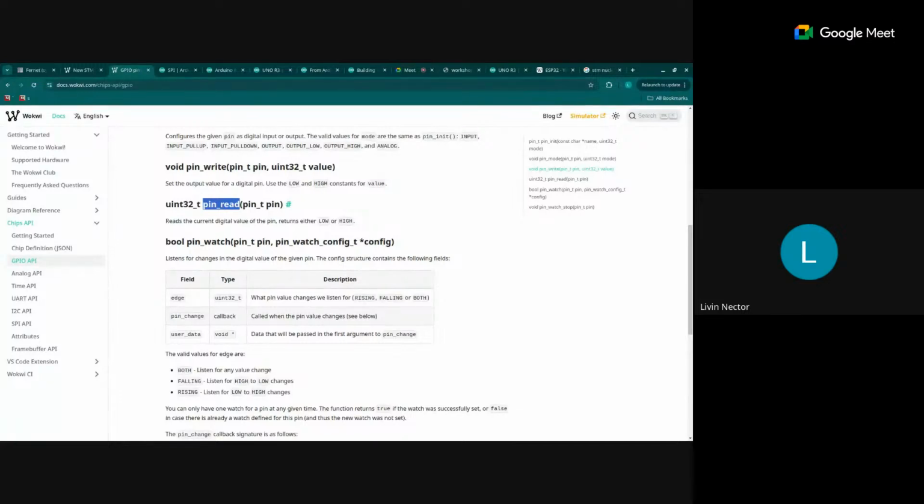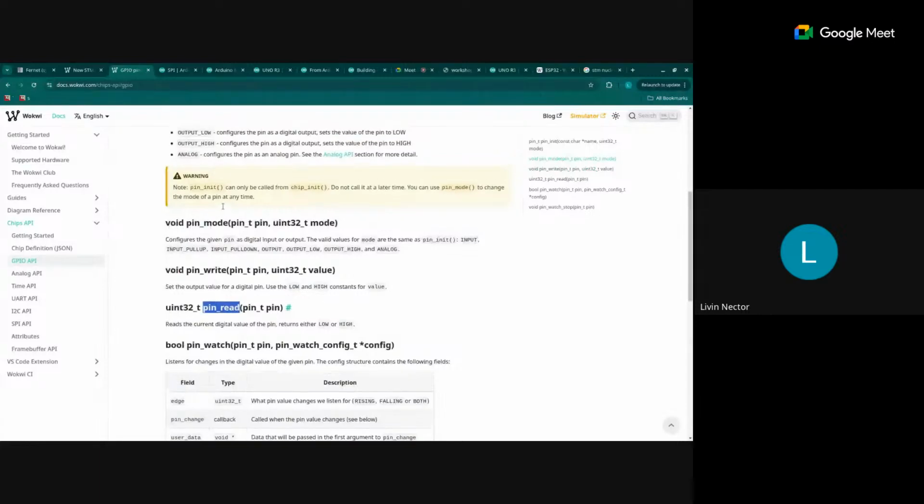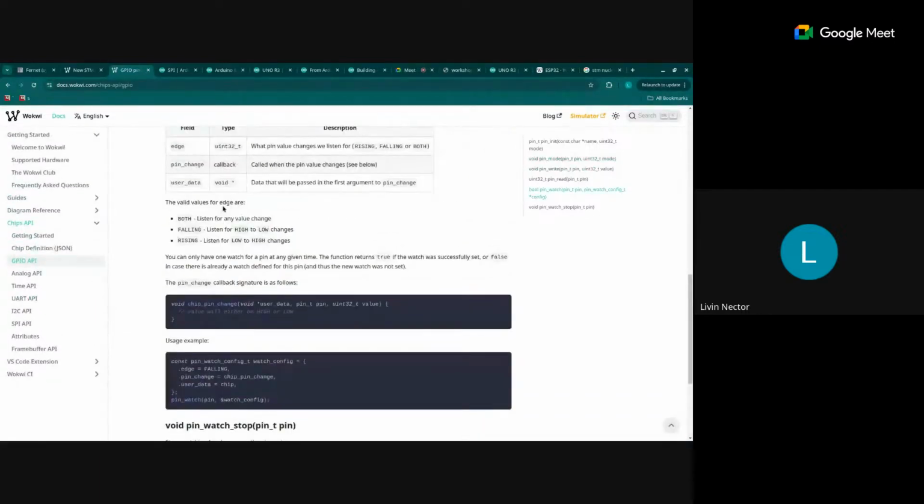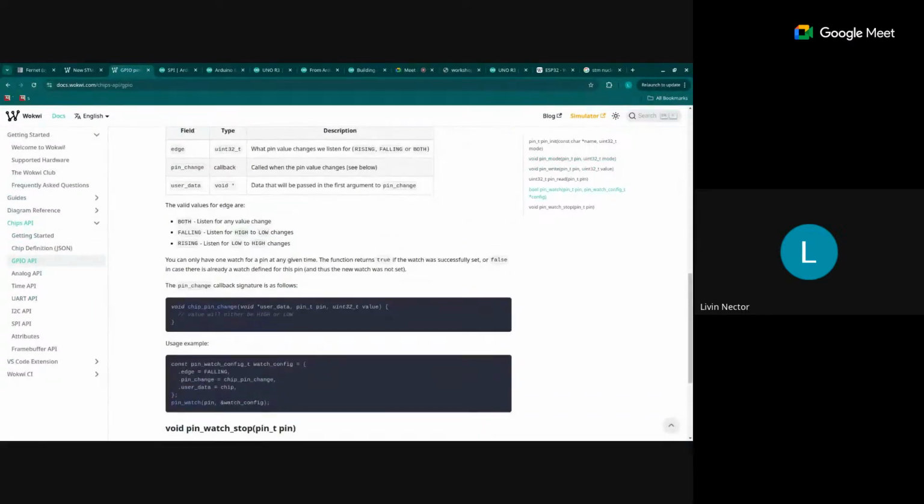So assume you are trying to simulate some kind of sensor that has some pins, right? Then you can define those pins using these chip APIs, how that sensor or component will behave. You might not have a visual photo for that, but you can include this kind of peripherals using these different APIs for your simulation,